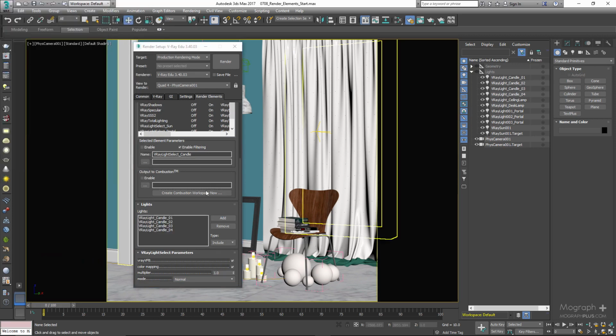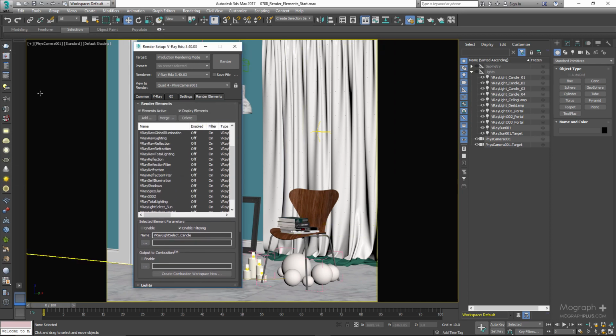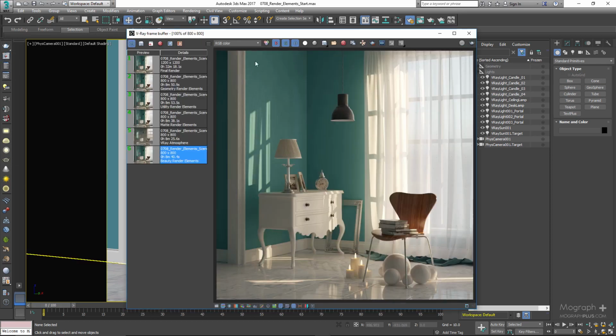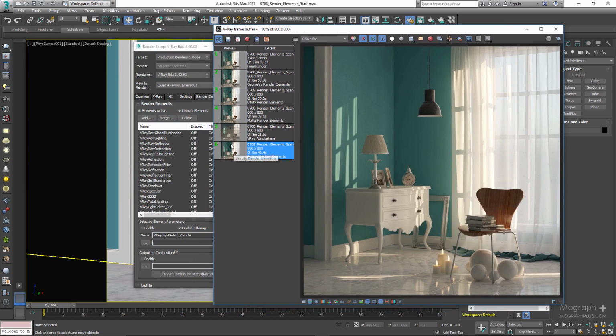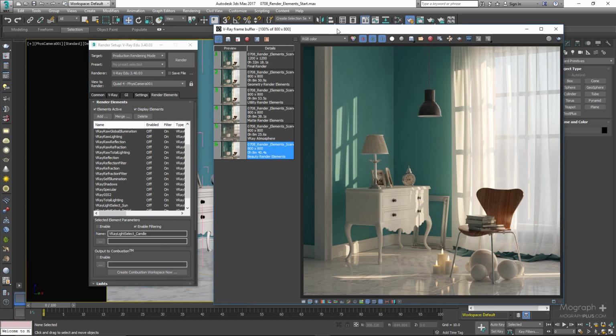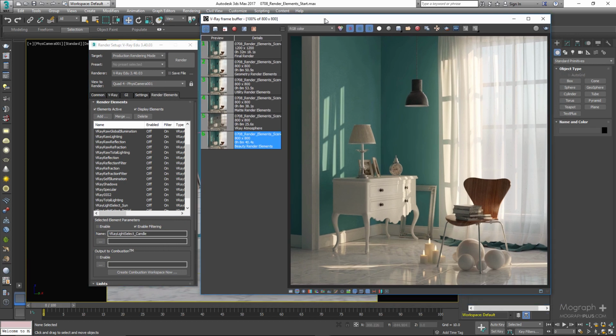Now we are ready to render our scene. We can see the result of this render in the frame buffer. So first let's take a look and explain the most important beauty render elements that are used in compositing to